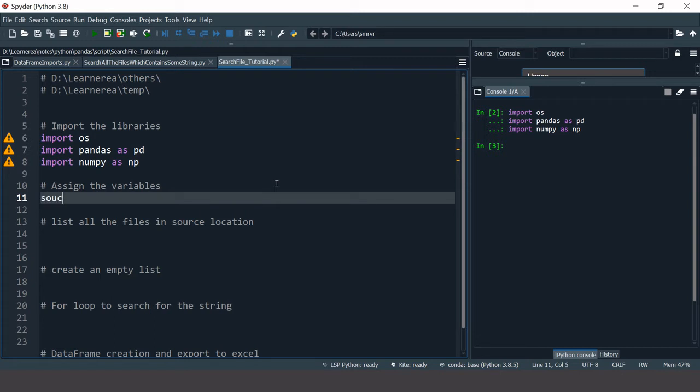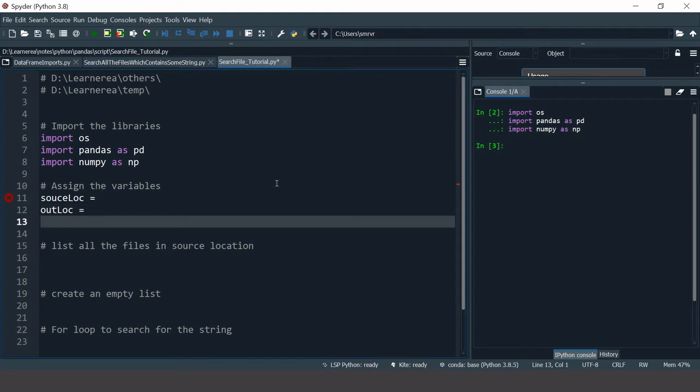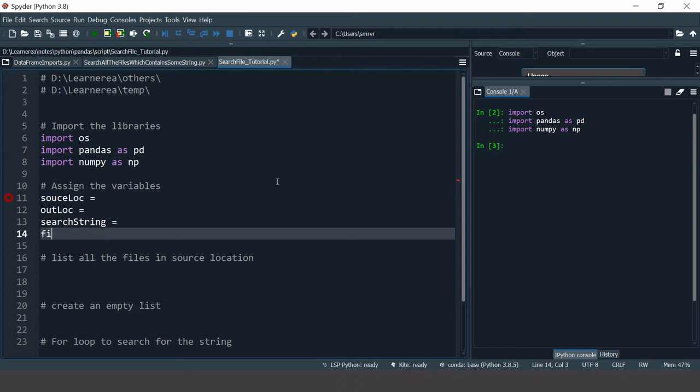Now I will assign the variables. Like source loc, that means the location where I have all those files in which I want to search for the string. Then out loc, the location where I would like to store the result. Then the string which I would like to search for, let's say search string. You can name it whatever you want. Then the file type in which I want to search for this string.